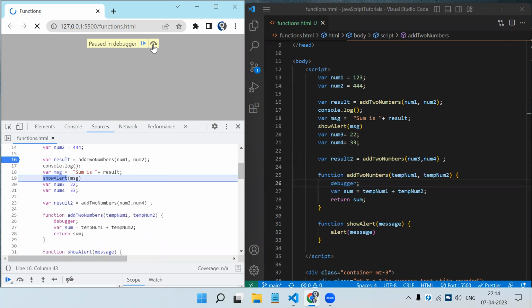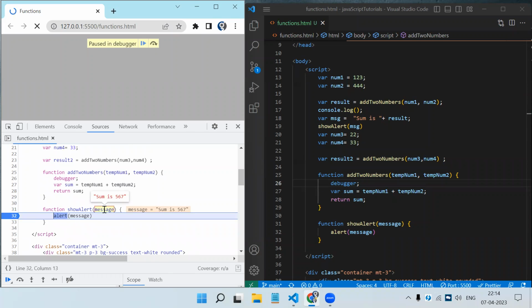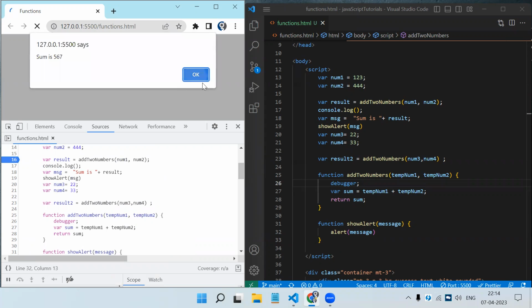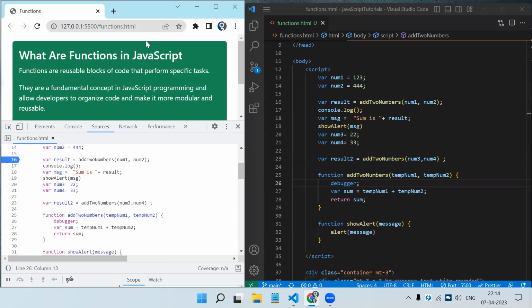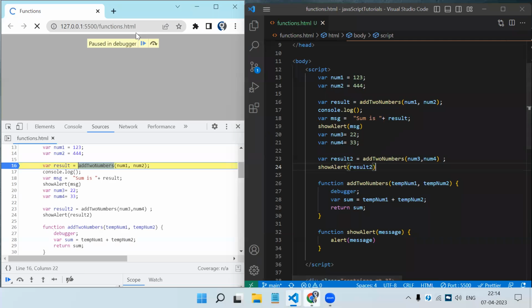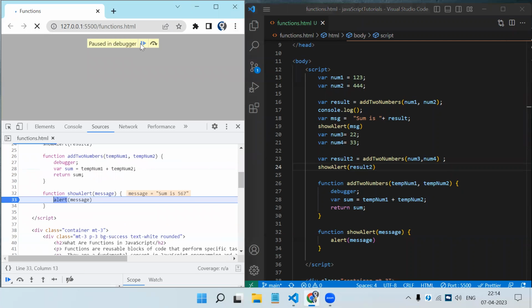Now it will go to execution, will go over that function. See, and in the message we have got sum is, whatever message we passed when we called this function, that we are showing in the alert box. Let's continue. Now the same function I can use over here also. Here I will just send the result too. Let's save, continue. So you can see first time it has called, we sent the message like sum is